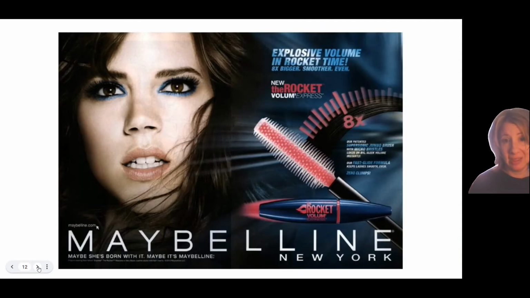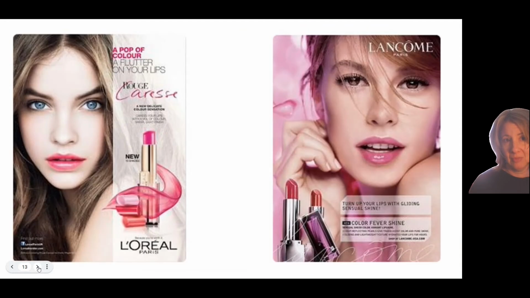We're used to seeing stuff like this for cosmetics. Yeah? Beautiful face, product, some information about the product, and the brand. Oh, look, two more. Beautiful face, product, some information about the product, and the brand. But is there anything about those that's going to make you go, oh yeah, that was the Maybelline ad, that was Lancome, that was L'Oreal? Possibly not. It all kind of becomes wallpaper, right? This is what you don't want to do.